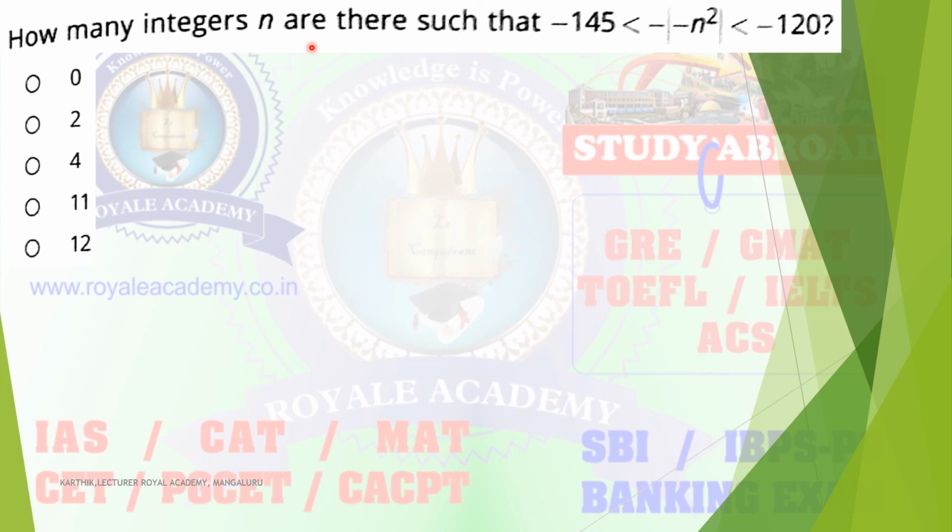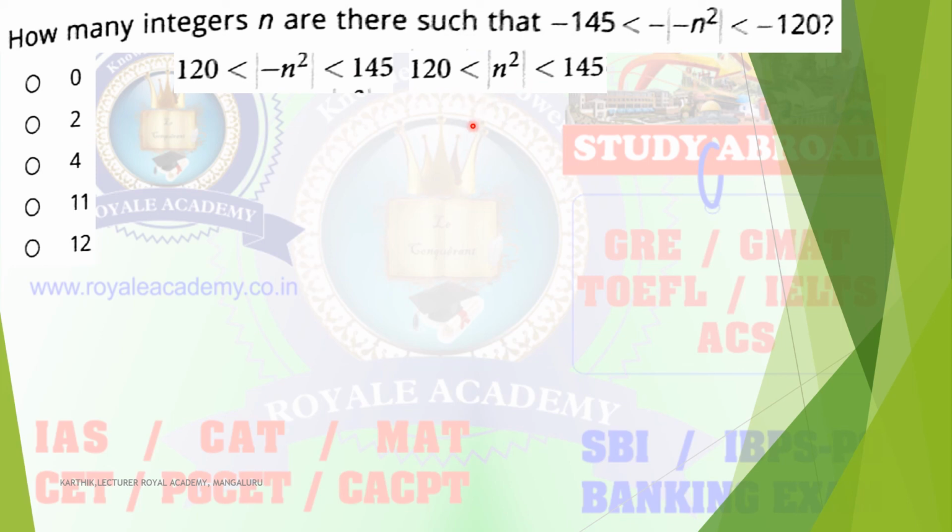This tells the values of integer. Okay, so the first condition, 120, you just take the positive case. So 120 is less than mode of n minus n square and less than 145. For the second case, the minus minus get cancelled, because both have minus signs. Then 120 has a positive sign; mode is nothing but one is negative sign, one is positive sign. You have to calculate in two different ways.